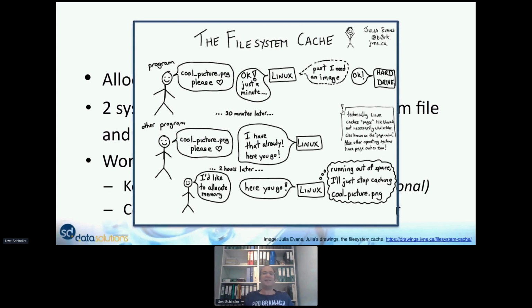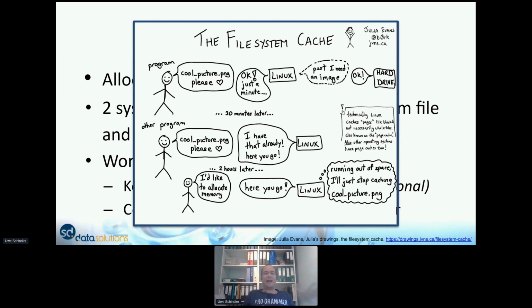There's this nice picture of how the file system cache generally works. Basically, it's not really saving files like in the picture; slices of the files are saved in memory controlled by the Linux kernel. And if some process requests them, they are handed over. Also, if you want to allocate memory to work in, it's basically the same.